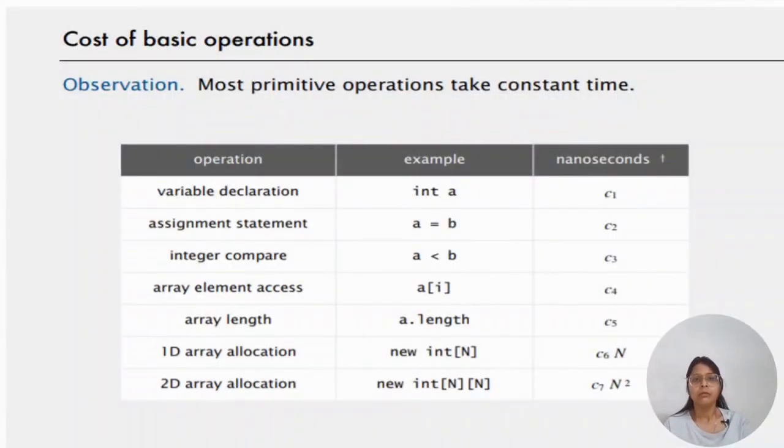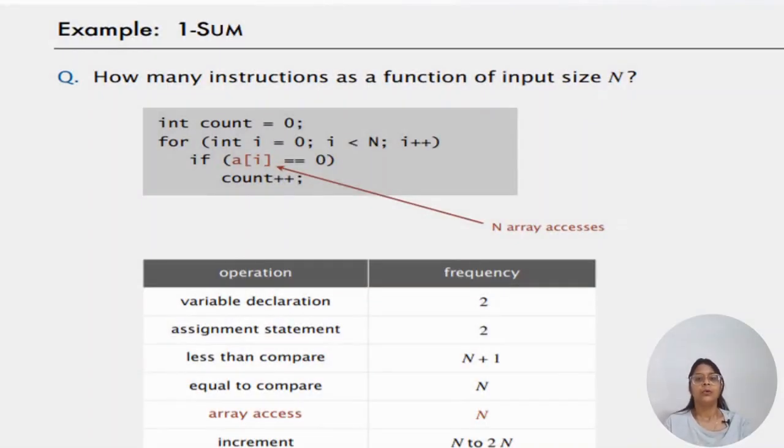You can have more basic operations that will also take constant time. If you're declaring any variable, assigning some values to any variable, comparing two variables, and so on, these will also take constant time. So these times will also be C, which is constant. So let's